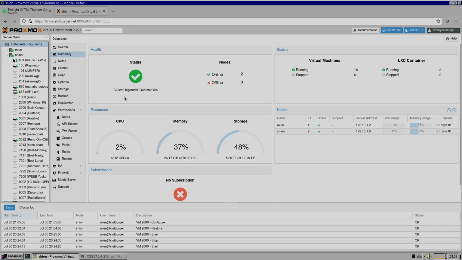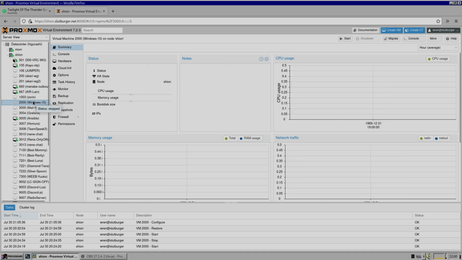Going through how to move a Windows installation to another drive. So here's my virtual Windows 10 computer. I will